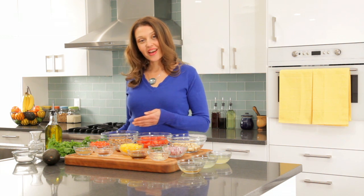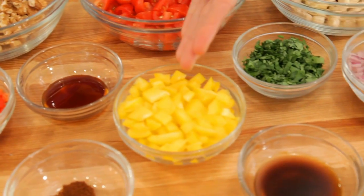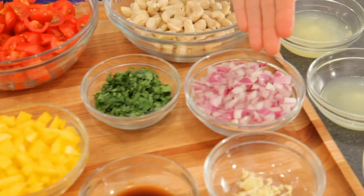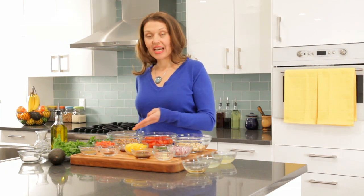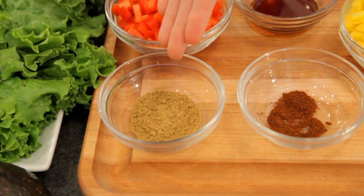For this recipe, you will need a cup of raw walnuts, a cup of cherry tomatoes chopped in quarters, a cup of cashews, a half a red bell pepper chopped, a half a yellow bell pepper chopped, a half a red onion chopped, a quarter cup chopped cilantro, a teaspoon of coconut nectar, a teaspoon of cumin, an eighth of